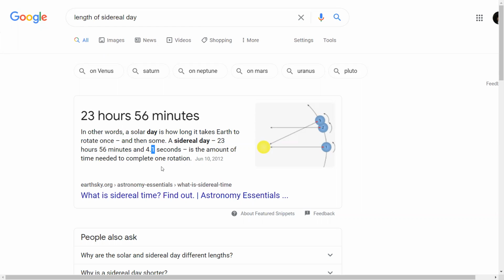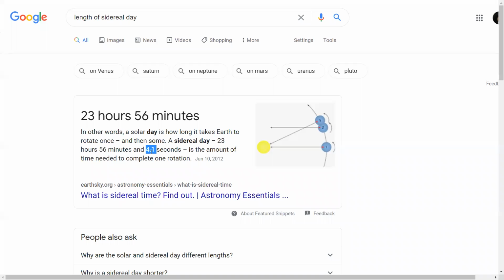Okay, so let's look at this right now. How many minutes and seconds would you need to add to this interval of time, the sidereal day, to get back to 24 full hours? Well, if you add 3 minutes to 56, that would bring you up to 59 minutes. So we have to add 3 minutes for sure. And what would you have to add to 4 seconds to get back up to another 60 seconds? Because again, 59 minutes plus 60 seconds would be the full 60 minutes and 23 hours. That's 24 hours. So 60 minus 4 is 56 seconds. So evidently, if you add 3 minutes and 56 seconds to the sidereal day, you get to 24 hours,